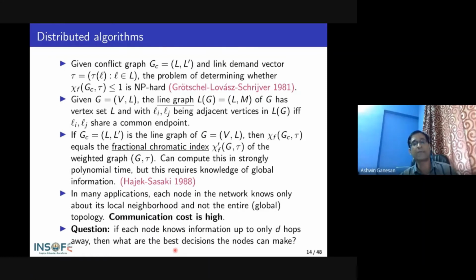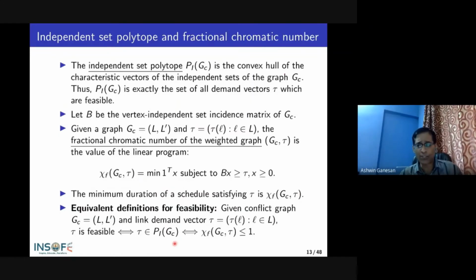The lifetime of a sensor network depends on the energy consumption. Also, once all that information reaches a center node, solving that centralized optimization problem is very computationally expensive. Sometimes it's polynomial time, but for other conflict graphs besides line graphs, it's going to be NP hard. So we want to look at distributed solutions to this problem, distributed algorithms, where somehow we answer this question